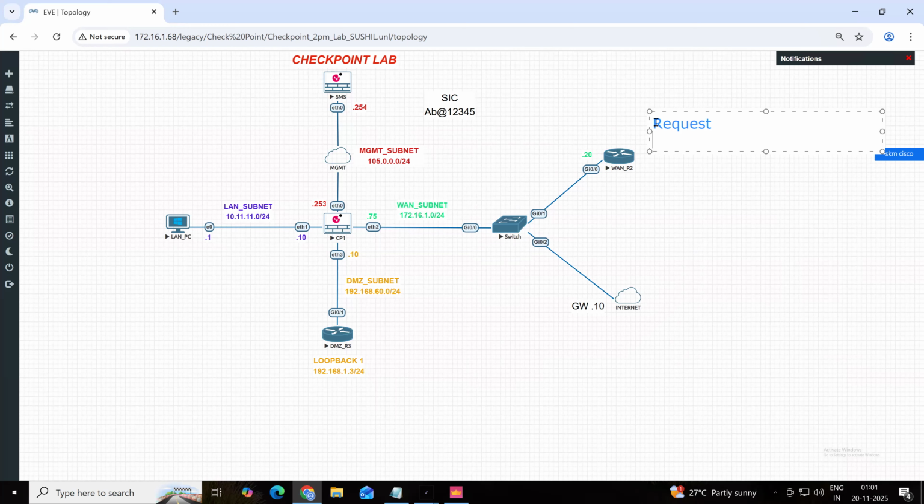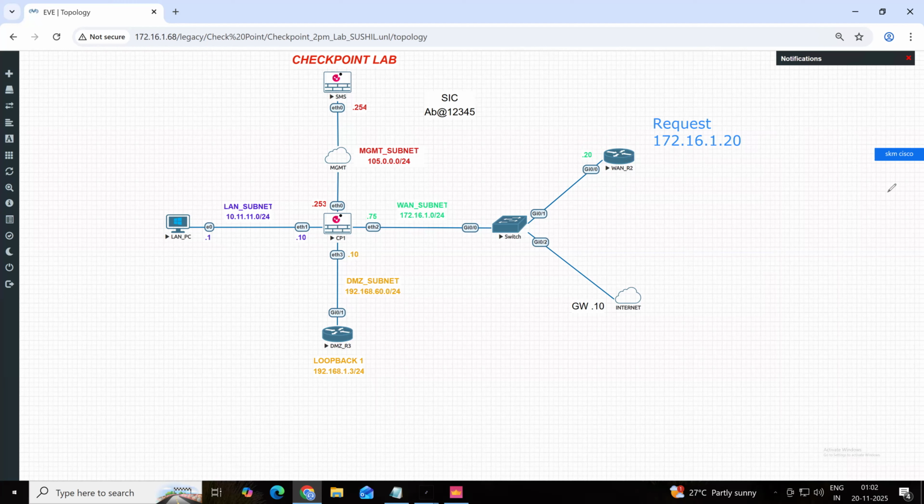So we send a request from which source IP? 172.16.1.20, right? 1.20 was my source IP. This is my outside WAN router R2 IP. This router IP is the source and the destination would be